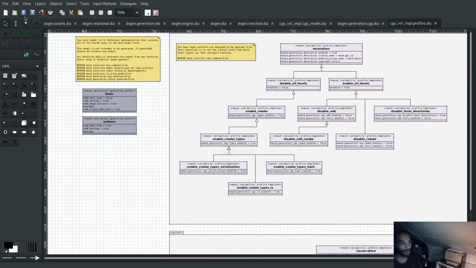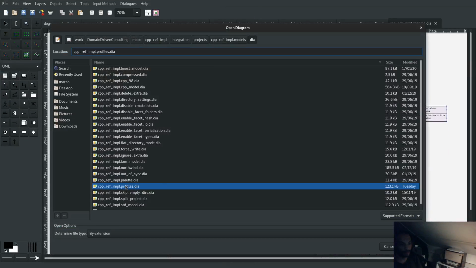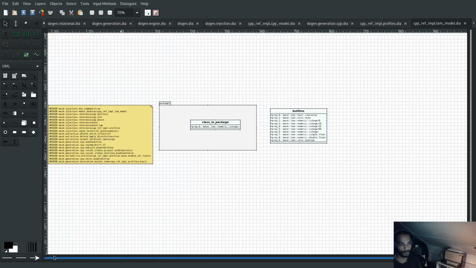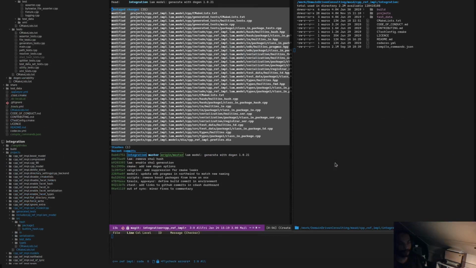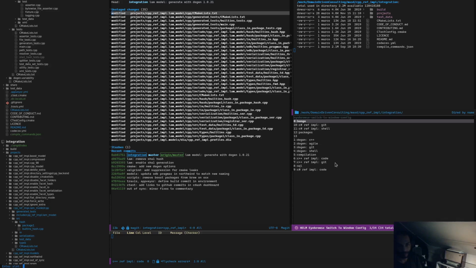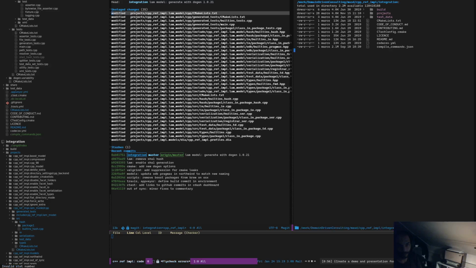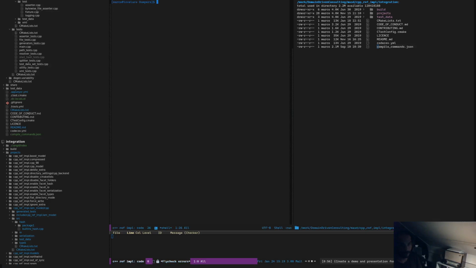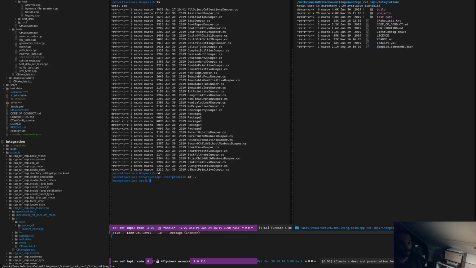I'll show you what the LAM model looks like for good measure. Which is this chap here. It's a very, very simple model. What we'll do, just to confirm that Dogen is doing the right thing, is hop over to a shell. Hopefully you have a shell somewhere. We don't, so I'll just create a new one. Hopefully. The demo gods are with us, and they are. So what we'll do is